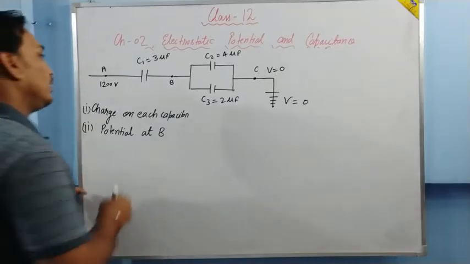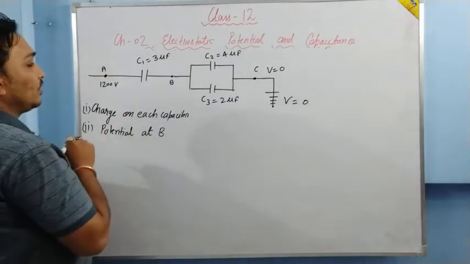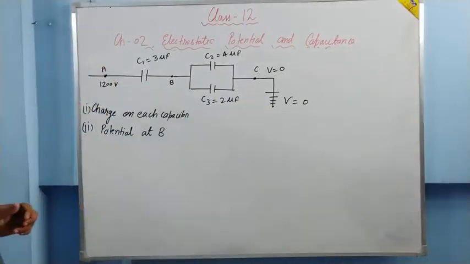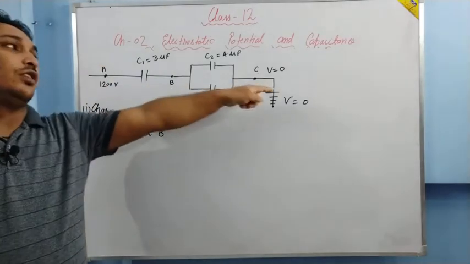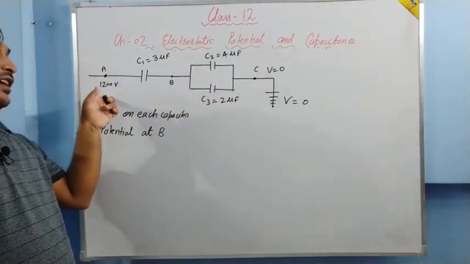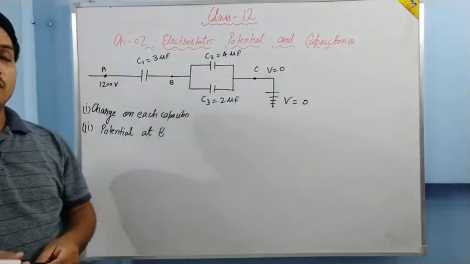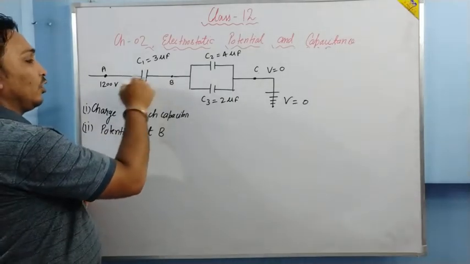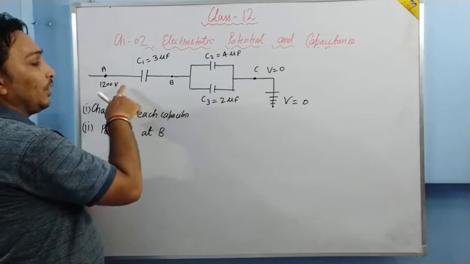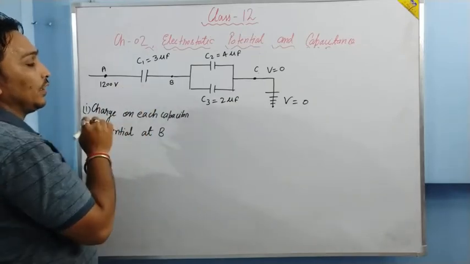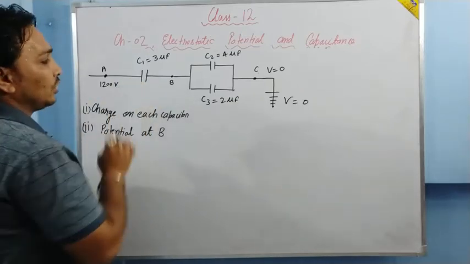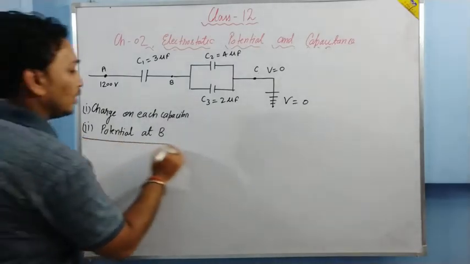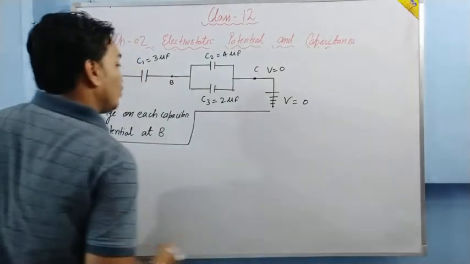Now we have been asked charge on each capacitor. So just see, this point is having a potential of 1200 volts. This point is having 0 volts. So obviously the charges will flow from here to here, because this point is at higher potential and this point is at lower potential. But because of the capacitor, charge will not be able to flow from this plate to this plate. It will be induced on this plate. Is that clear? The question is very easy. There is nothing very difficult in the question.